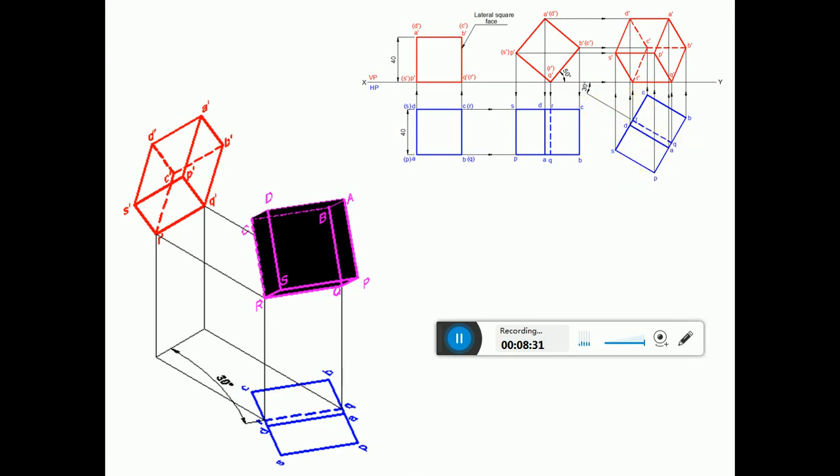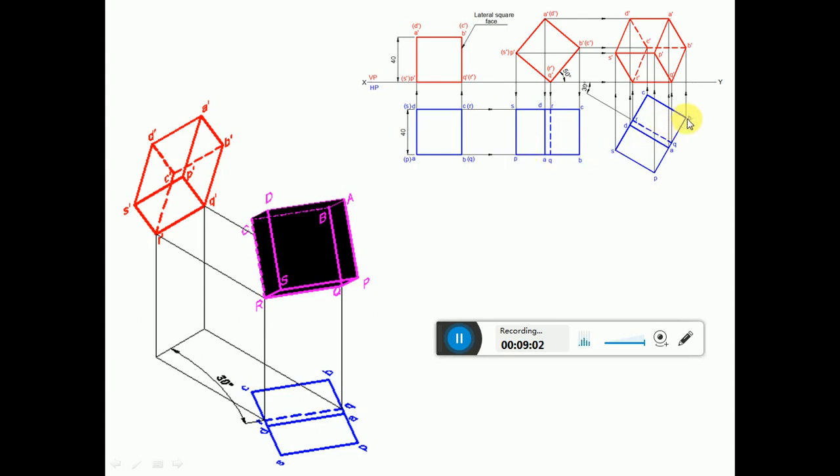Then from R you measure the length with respect to C. From R you cut an arc on this to get this point C. Similarly, from R you measure the length up to S. From R you cut an arc on this to get this point. Then you measure the length from C to D. From C you cut an arc on this to get this point D. Then similarly you measure the length from Q to B. From Q you cut an arc on this side to get this point B. Similarly from B you measure the length up to Q.